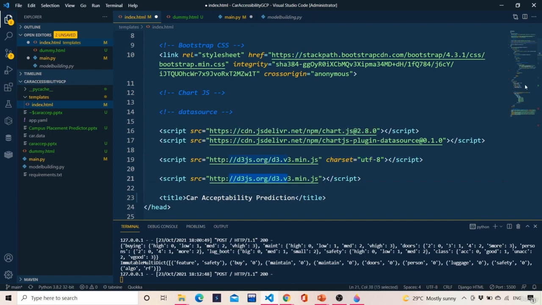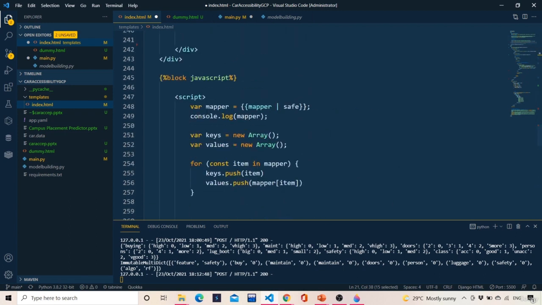Once everything is done fine, we are saying mapper equals mapper of safe. If you don't keep safe, the JavaScript will understand that the data is coming from some unknown source and it will mark it as null. But if you keep it as safe, then the safe keyword is kind of a blend of Python saying to JavaScript, hey, I want to pass a key value pair, which in your language is known as an object. So please do consider it. So mapper of safe will do that.